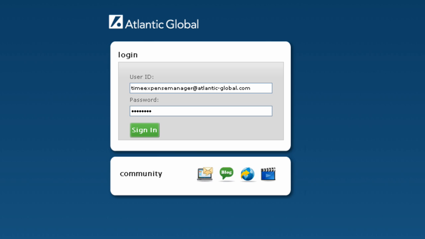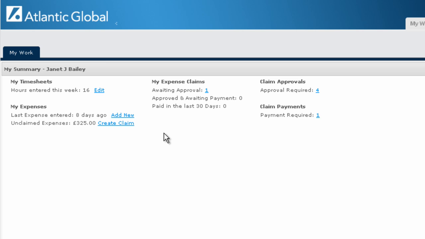This tutorial illustrates the functionality that's available to someone configured as a time and expense manager. The user will enter their email address and password and click on the sign in button to access the system. The My Work screen will appear as a default screen,